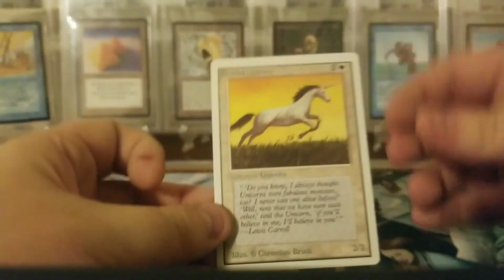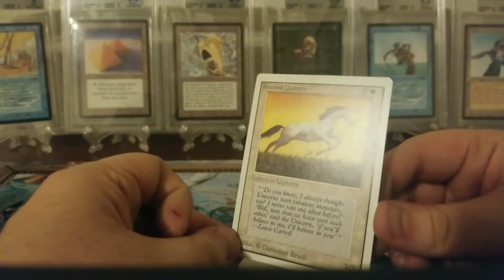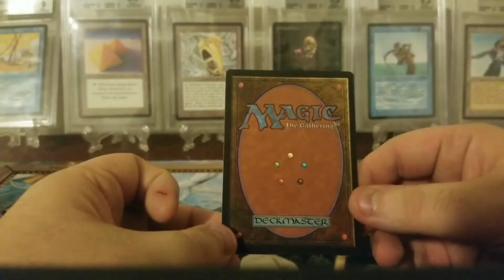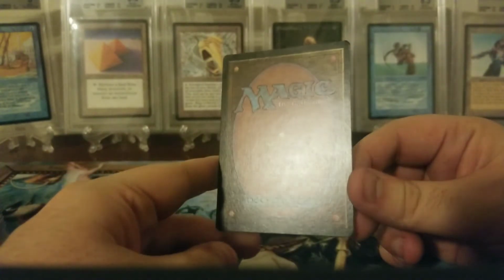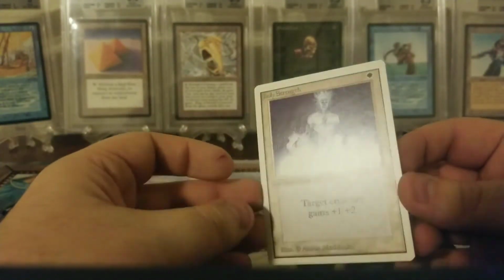Let's go on to the next card, Pearl Unicorn. The top is very thick compared to the bottom in the centering department. As you can see, these stands are not perfect. And they took forever getting here because they're from China, and the whole, I'm not supposed to say it on YouTube, but I don't get any money from this anyway, the whole coronavirus thing. So they took a while. Probably should have got them like a month ago, but